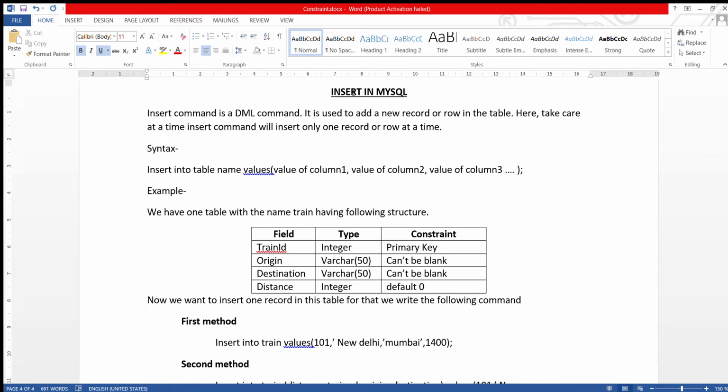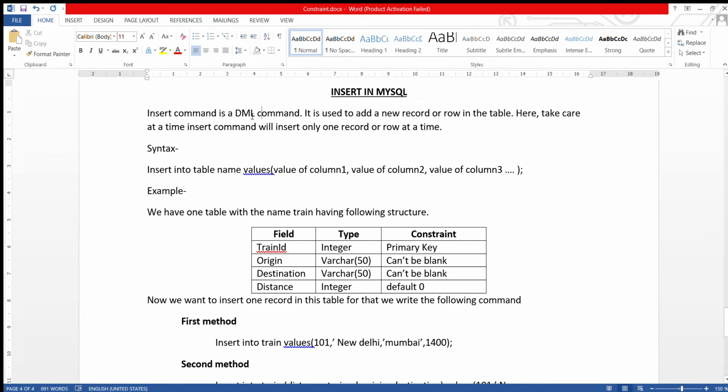Now, this insert command is a DML command. Just remember this thing. The create command, which we learned in our last class, was a DDL command. Your insert one is a DML command, that is data manipulation language.